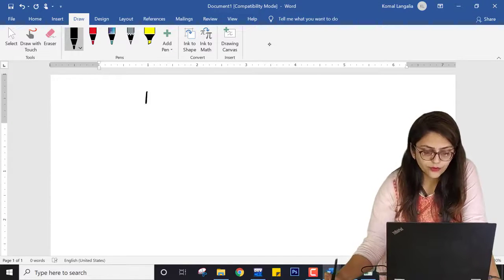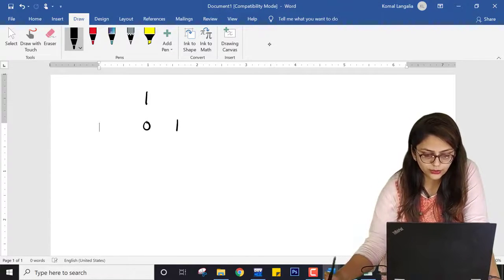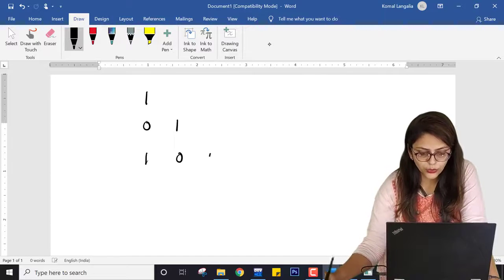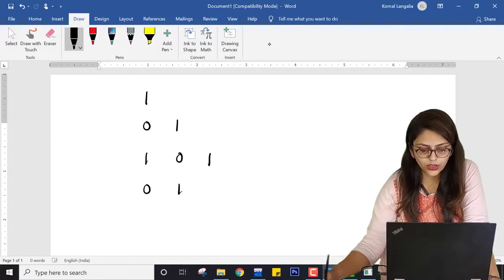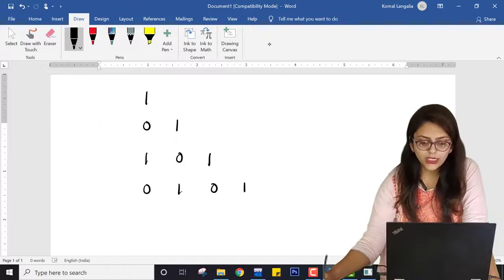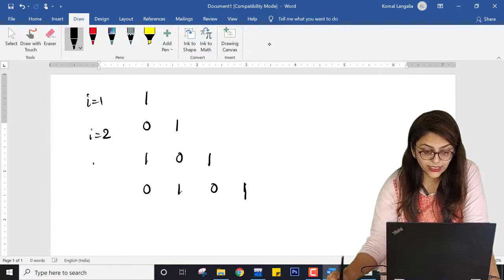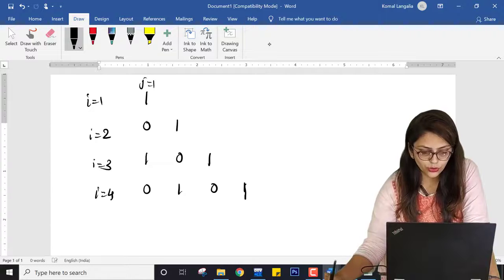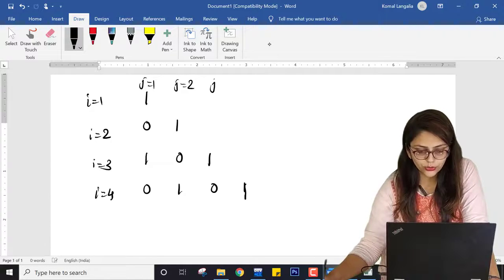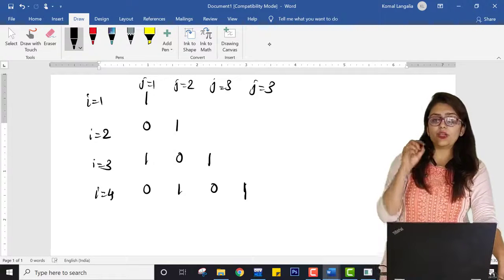So I want 1, 0, 1, 1, 0, 1, 0, 1, 0, 1. Now every time you can see the repeated code. So here I will check if there is any repeated code or not. For j equal to 1, 2, 3, I am just printing zeros and ones.